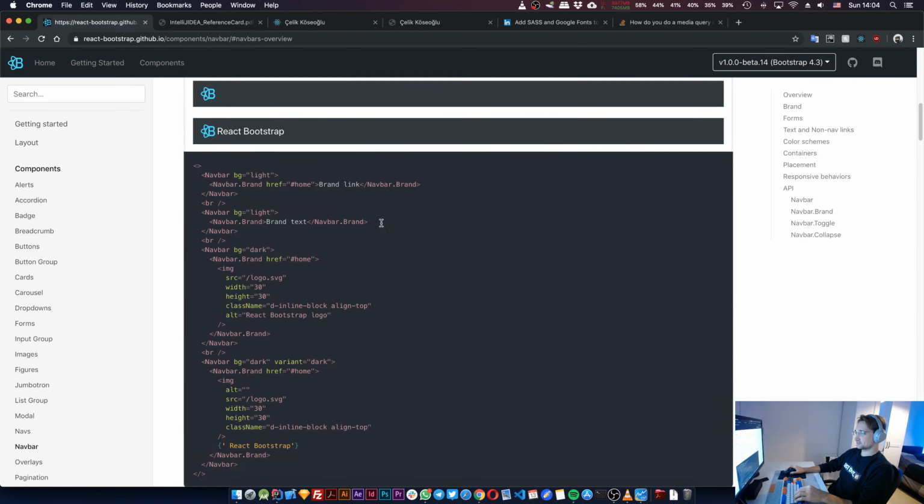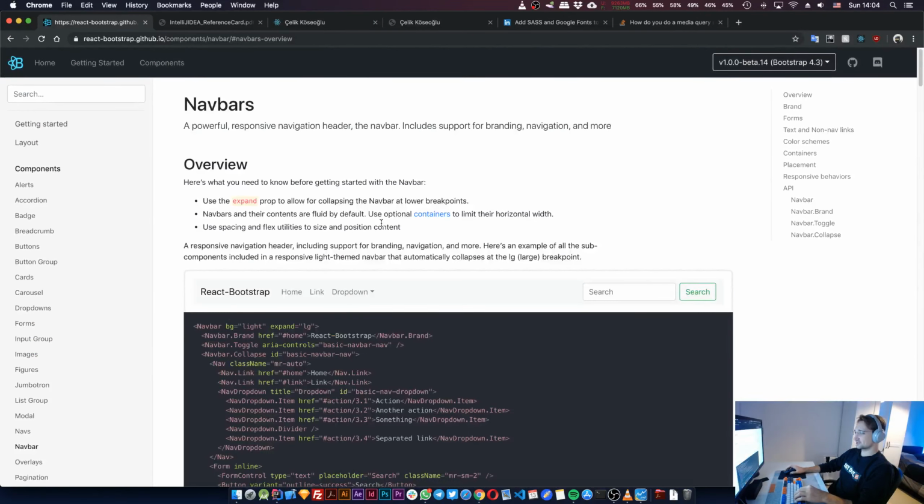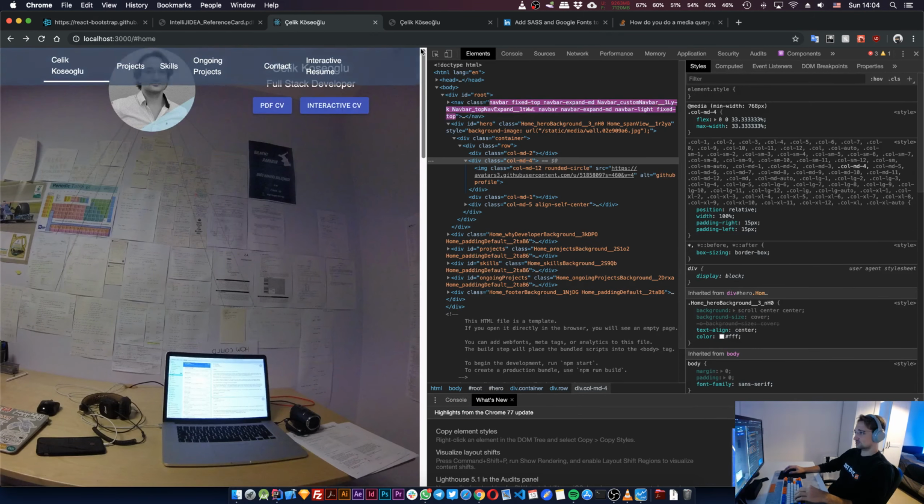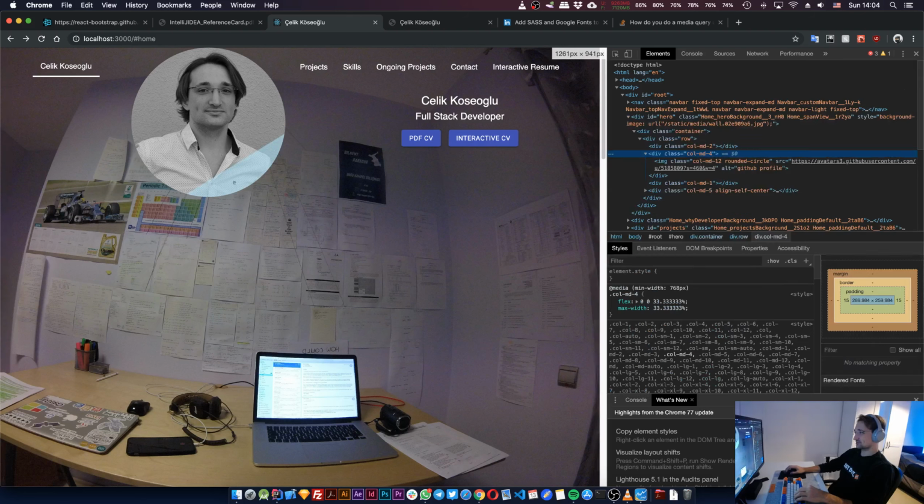I told you that I was going to read this documentation. I read all of it. There's only one thing that we could use. Other than that, we will be going with a custom implementation or just the custom fix because